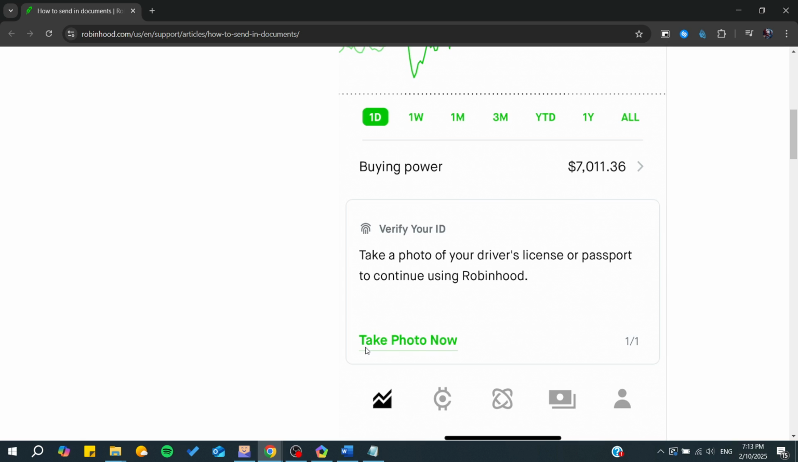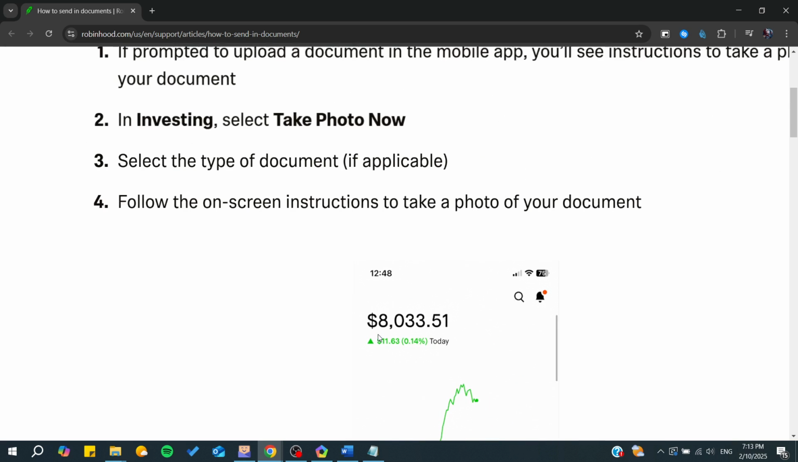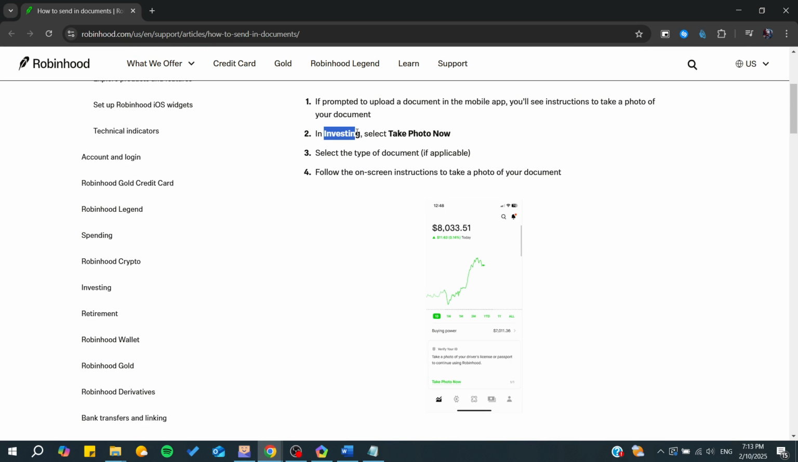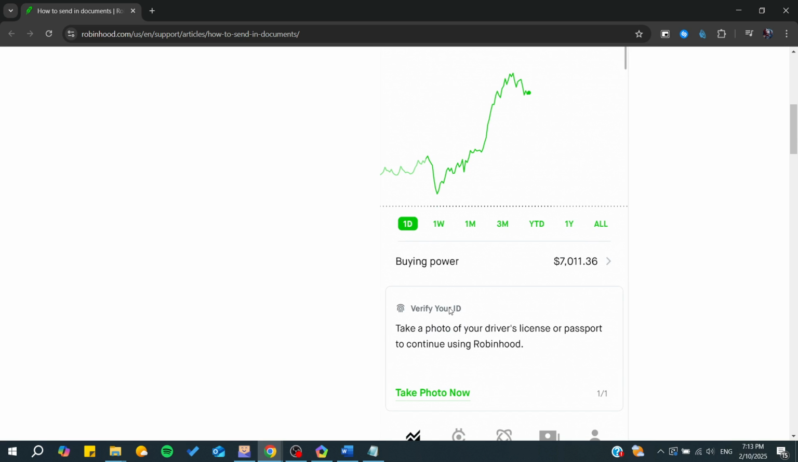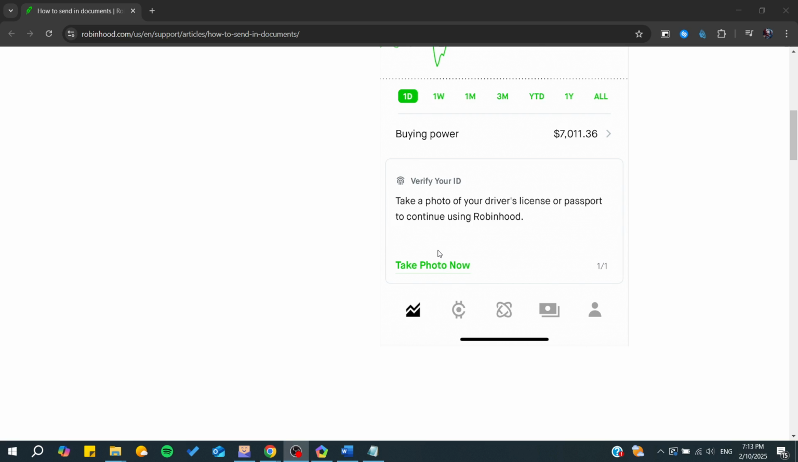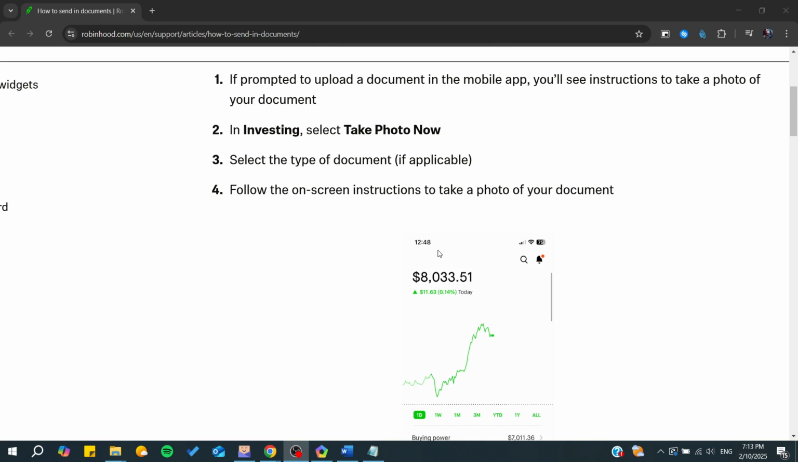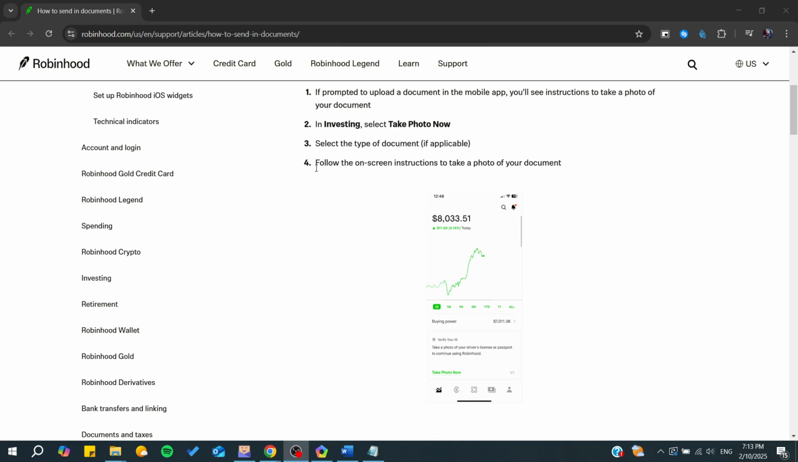So you will just need to click on Take Photo Now. By clicking on this, or you can simply go to your Investing tab and tap Take Photo Now. After that, you will need to select the type of document, and in this case, it will be your ID. All you need to do is take the photo of your ID, and then follow the on-screen instructions